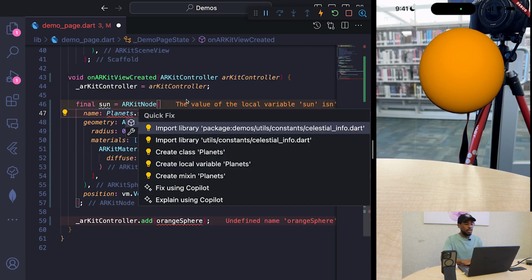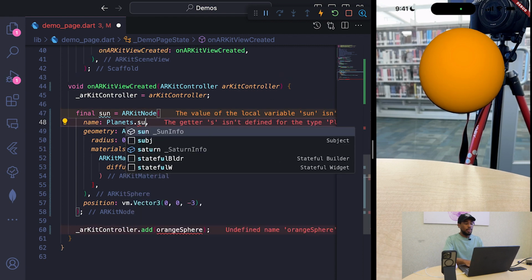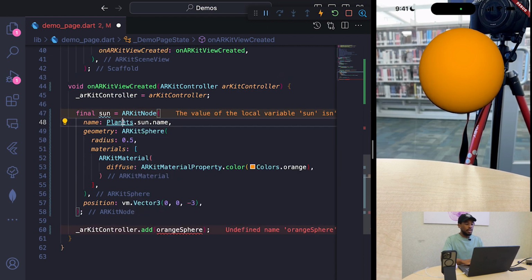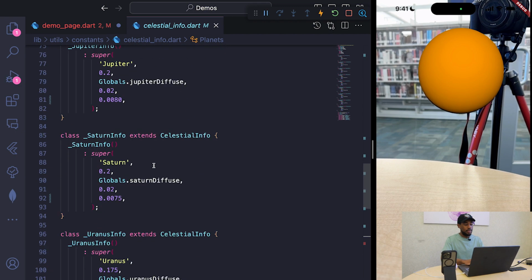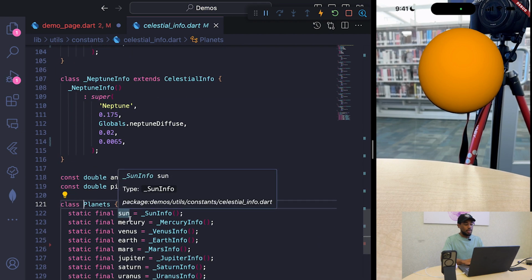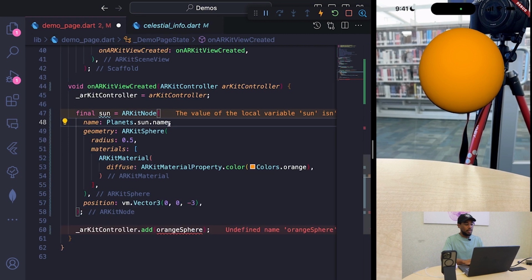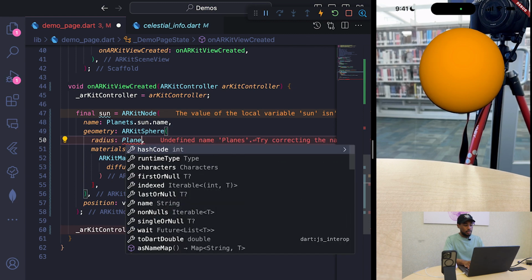I didn't do the import yet. There we go. Planets.sun.name. And remember, planets was just that class that I created with the information about the different planets. So I'm just going to call upon them based on whatever planet I need in the actual object. And the radius will be the planets.sun,